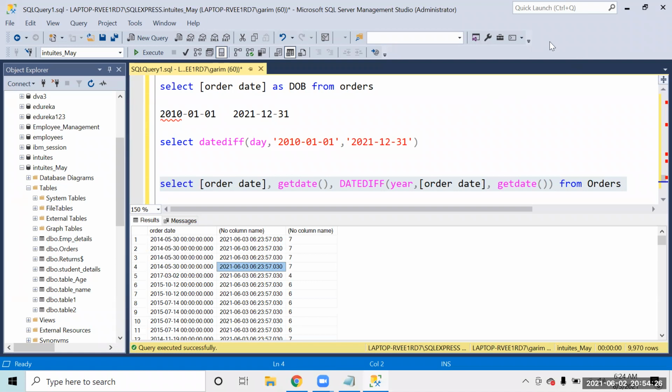Right? So we are done. I hope this is making sense, right? So we have fetched the order date and I am fetching the current date and I am finding out the difference in the form of years. Now, I would like to give you a small task over here, as this is like Mulera homework.